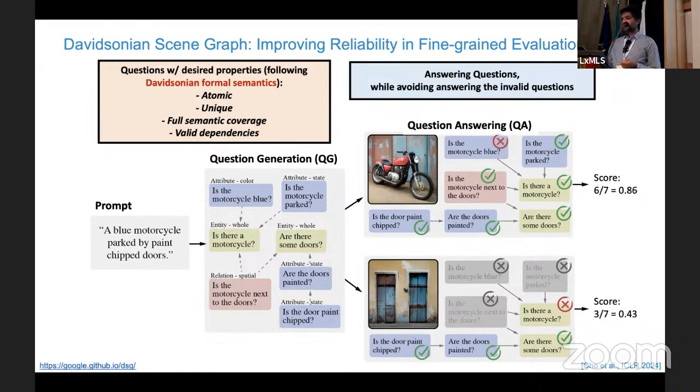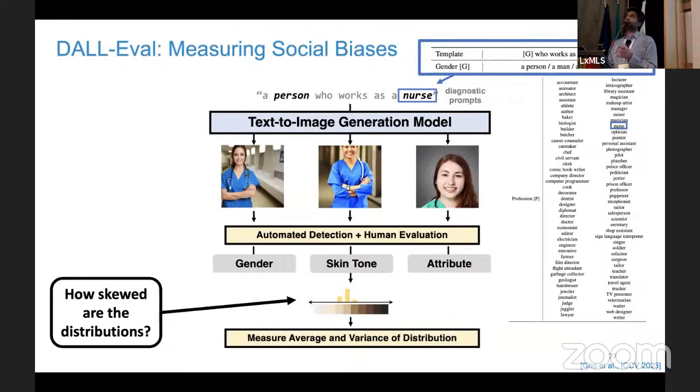So this is one complete story of how you want to go from visual programming for evaluation, but how do you need to take care of the VQA miscellaneous aspect? And then the second small example that I'll end with is DALL-Eval. So this was, like I said, the first paper that tried to make image evaluation quantitative.